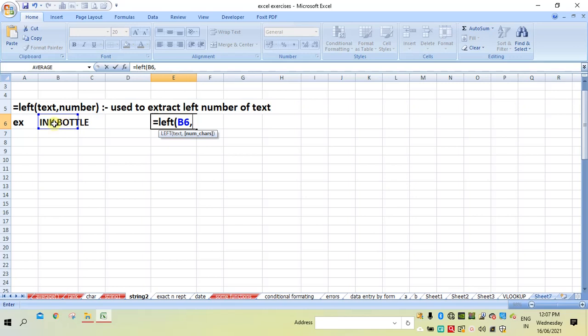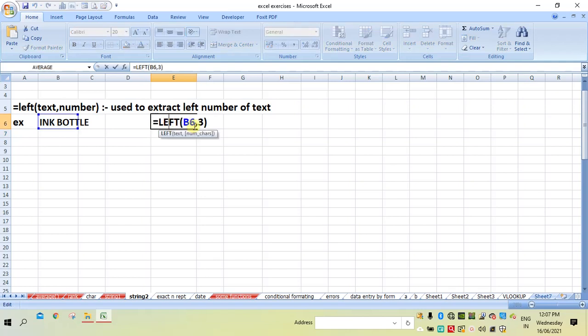So if I want only ink, then I have to specify here 3 letters from the left side. So I need only 3. Therefore I specified left, 3, and put the bracket and enter. So you will get only ink. It is because I specified 3 and the function is left. From the left side it will take only 3 letters.